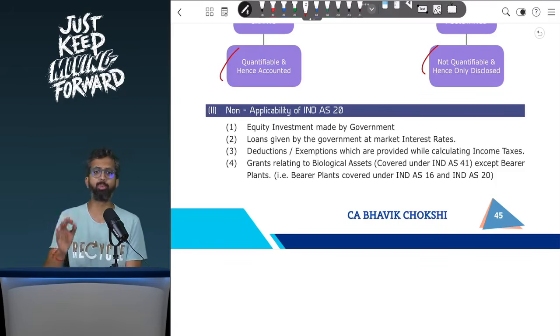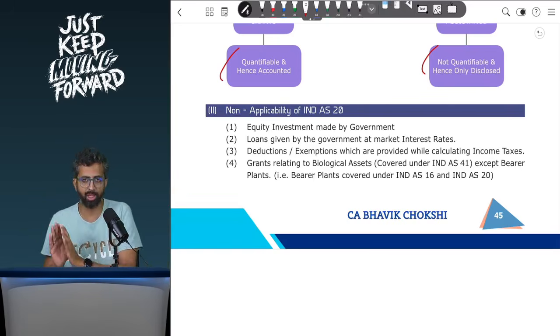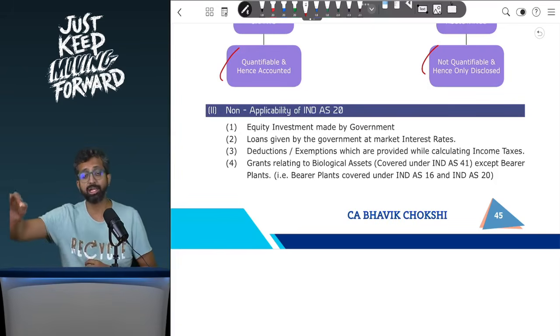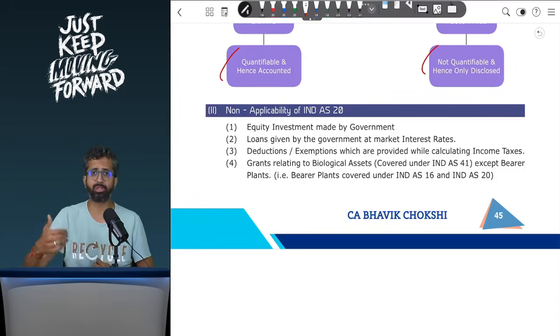And lastly, in my opinion the most important is if these are grants given for a biological asset, which are covered by Ind AS 41. Ind AS 41 is a separate standard on biological assets which says that if there is a government grant for a biological asset, Ind AS 41 will apply, and as per Ind AS 41, if it's an unconditional grant, it will be taken to the P&L immediately, and if it is a grant subjected to conditions, then as per Ind AS 41, you will spread it over the years the conditions get satisfied. Hence the provisions of Ind AS 41 will apply if the grant is given for something like, let us say, cattle or something like sheep,